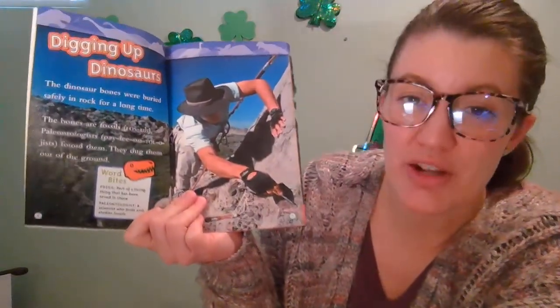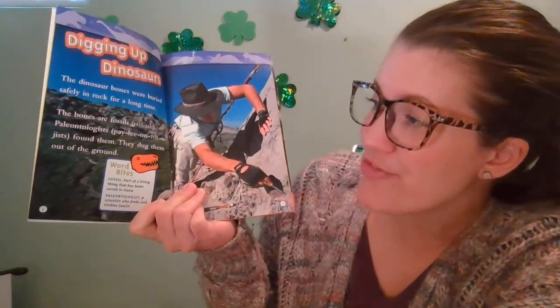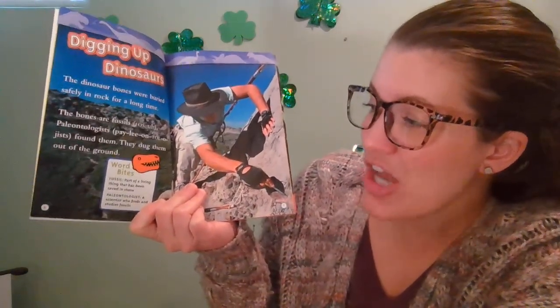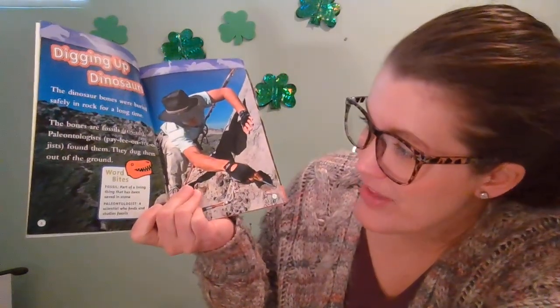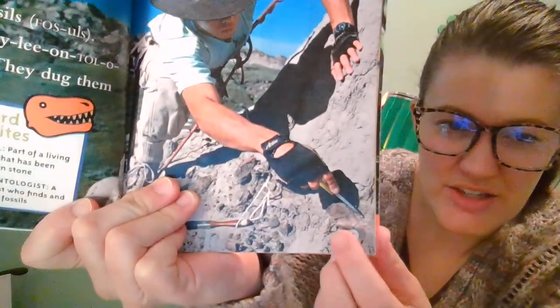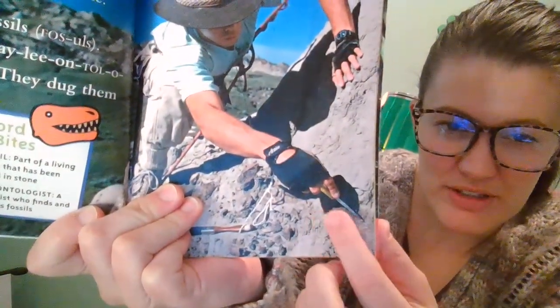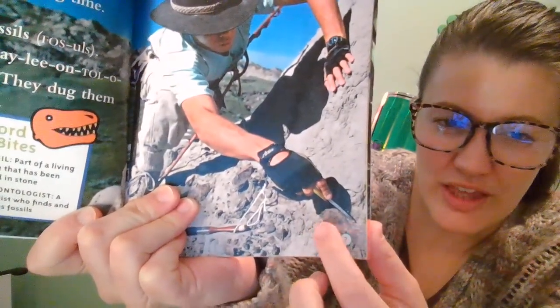The dinosaur bones were buried safely in rock for a long time. The bones are now fossils. Paleontologists, a scientist who goes looking for bones, found them. They dug them out of the ground. So if you look closely, you can see this guy is trying to chip. He's found a little bit of maybe a claw or a bone, and he's trying to carefully chip it out